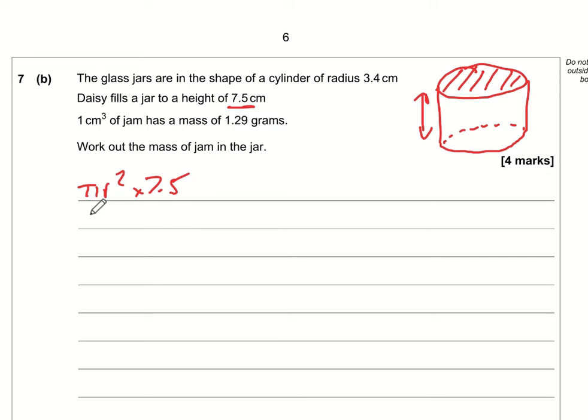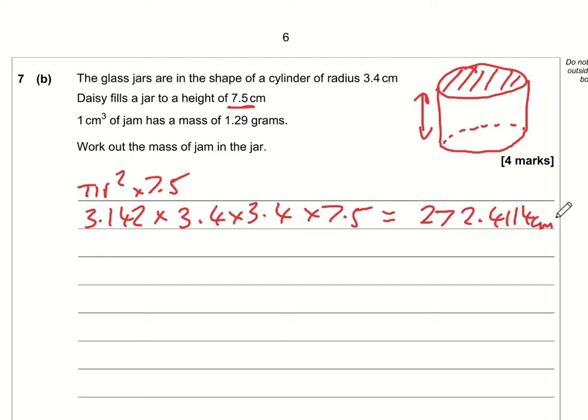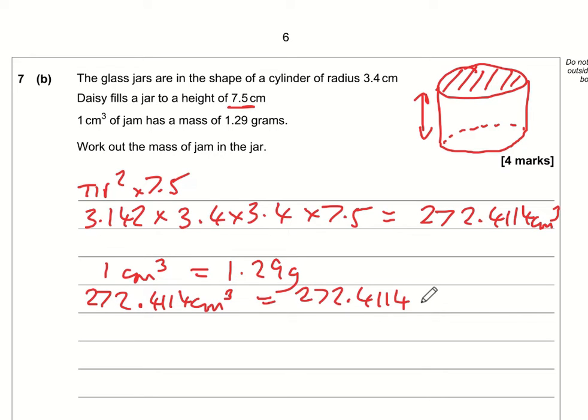So we can use either the pi button or 3.142. And the radius is 3.4, so times 3.4 times 3.4 times 7.5. So therefore the volume is 272.4114 cubic centimetres. Now we know that 1 cubic centimetre is 1.29 grams, so 272.4114 cubic centimetres is going to weigh 272.4114 lots of 1.29 grams, and that comes to a total of